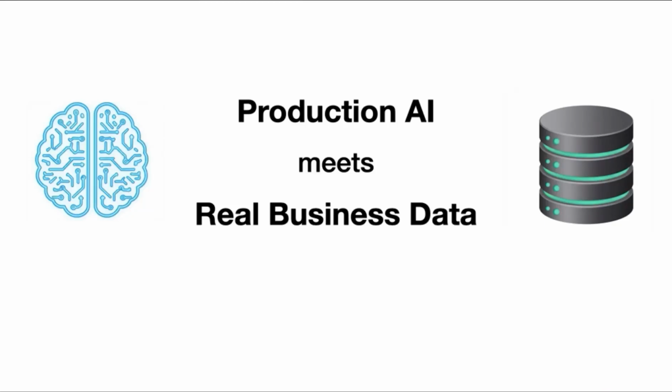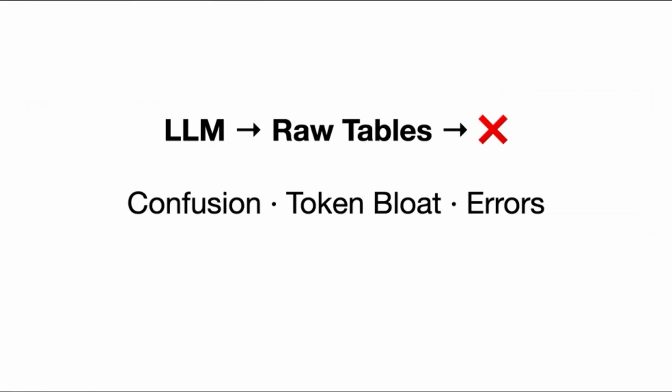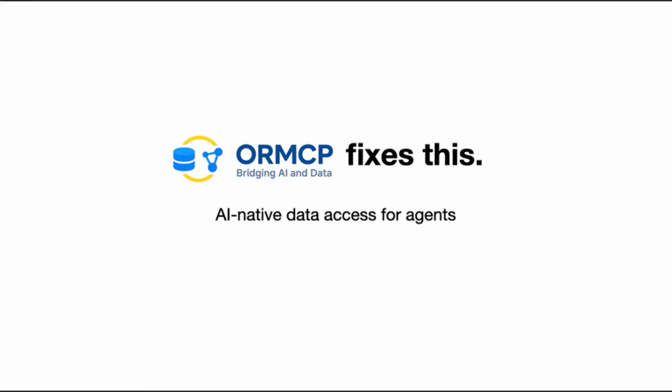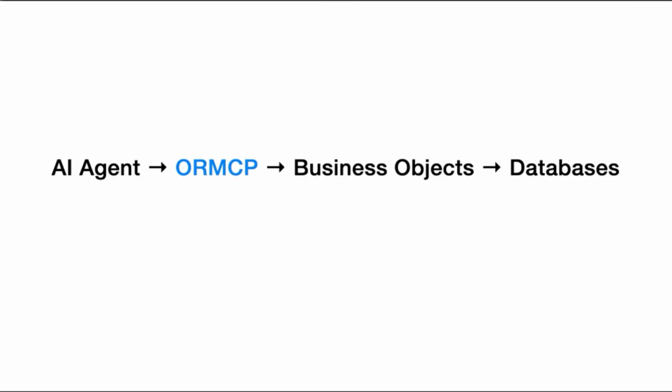Working effectively with real business data is one of the central challenges in building production AI systems. Tables are messy, schemas leak through prompts, and agents burn tokens trying to guess intent. ORMCP is designed to fix those problems. It gives AI agents a clean, object-oriented, MCP-compliant view of enterprise data, so they reason over business concepts, not raw